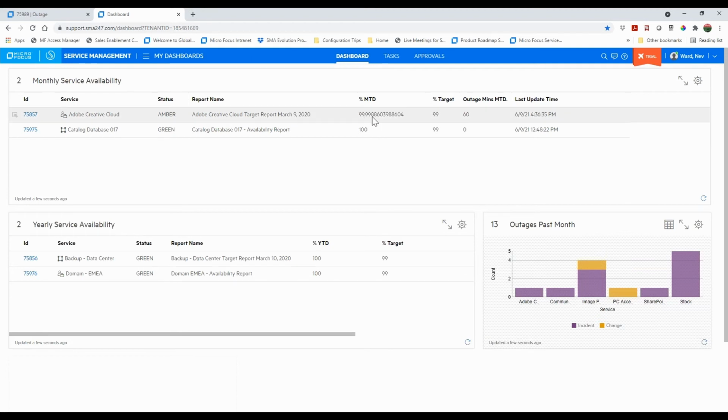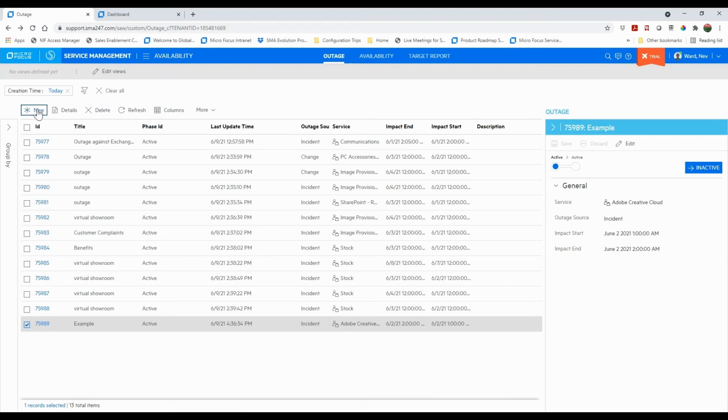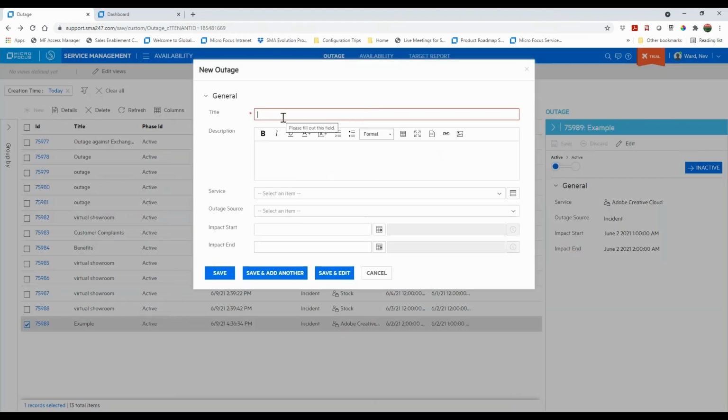I won't read the whole number out, but it's 99.99. So I'm still within my target range and so far I've got only 60 minutes against that. So the availability manager would automatically at this point receive an email, and obviously this has changed on there as well. If I just go back and create another one